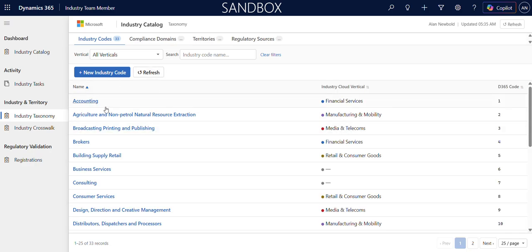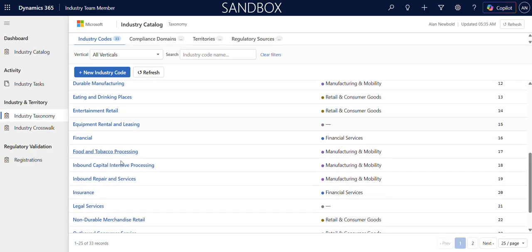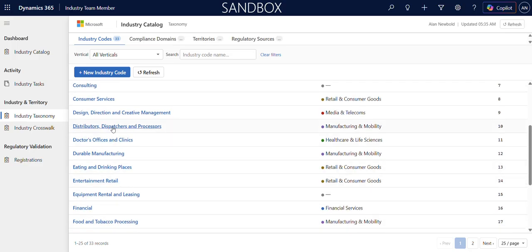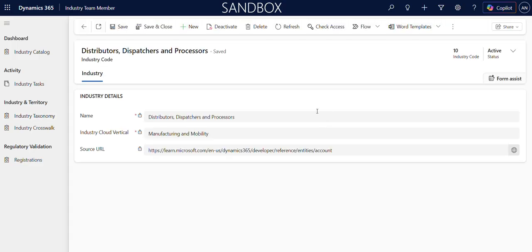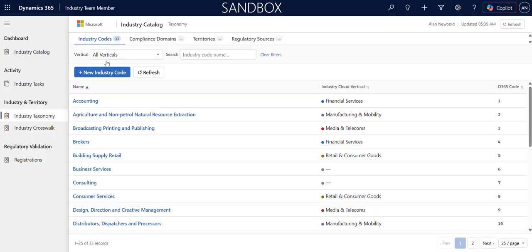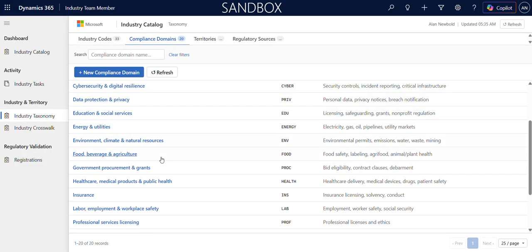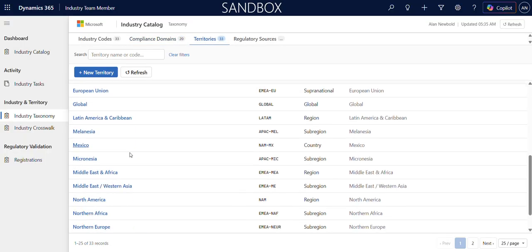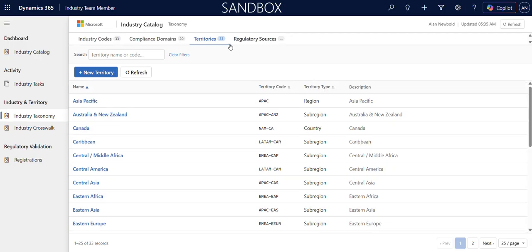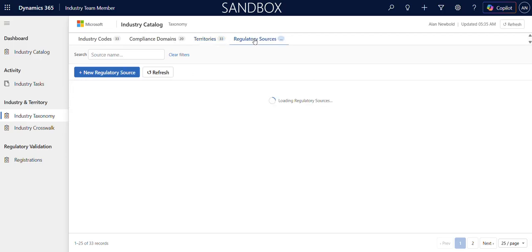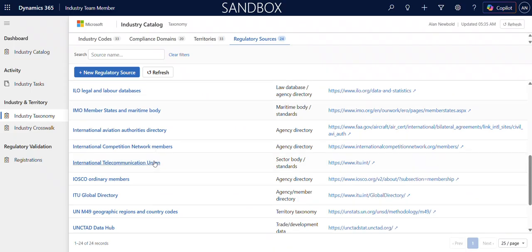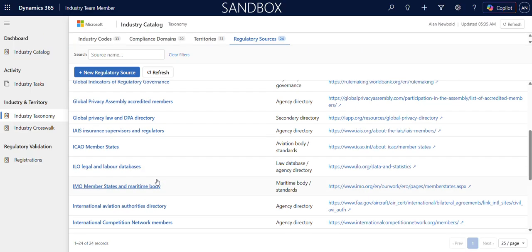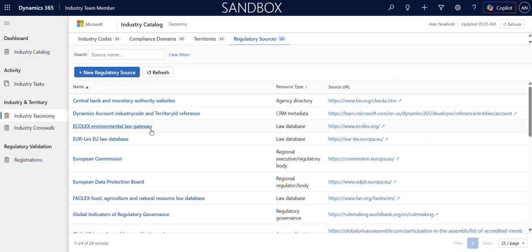Let's look at the taxonomies right quick. Now everything's globally mapped, right? Where we're able to look at different industry codes and identify different compliance domains that's registered in the taxonomy, and also bring in all the global territories, right? And for that compliance domain, you have these different generic regulatory sources that we're able to pick out for regulation that needs to be associated. It's currently in the